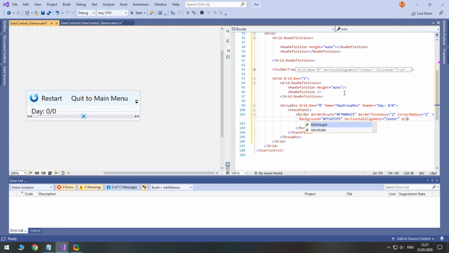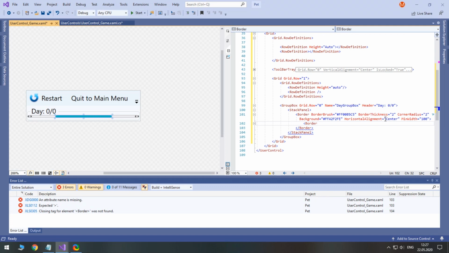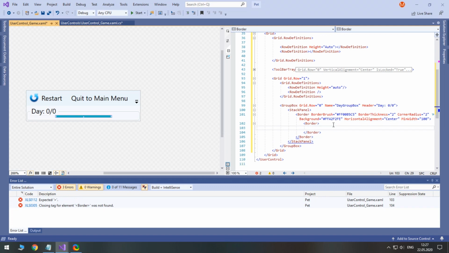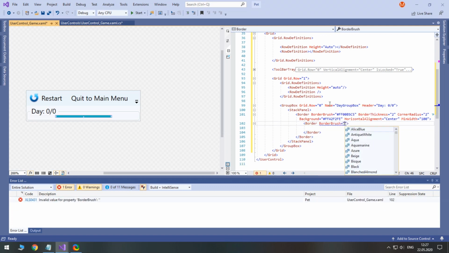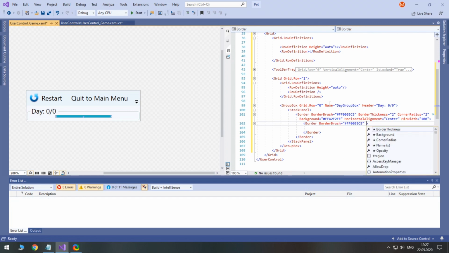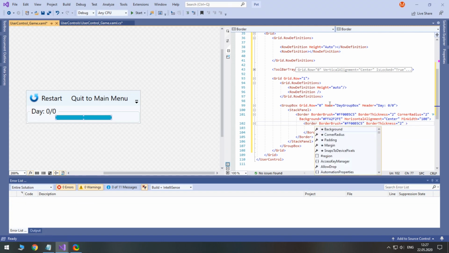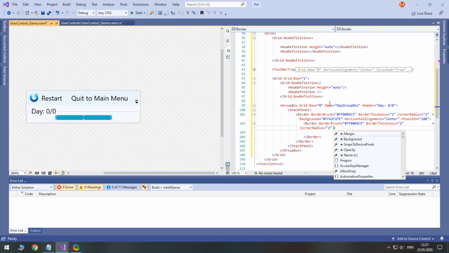Make sure this border has at least some minimum width in case it ever appears too small. The corner radius of the inner border should be equal to that of the outer border.